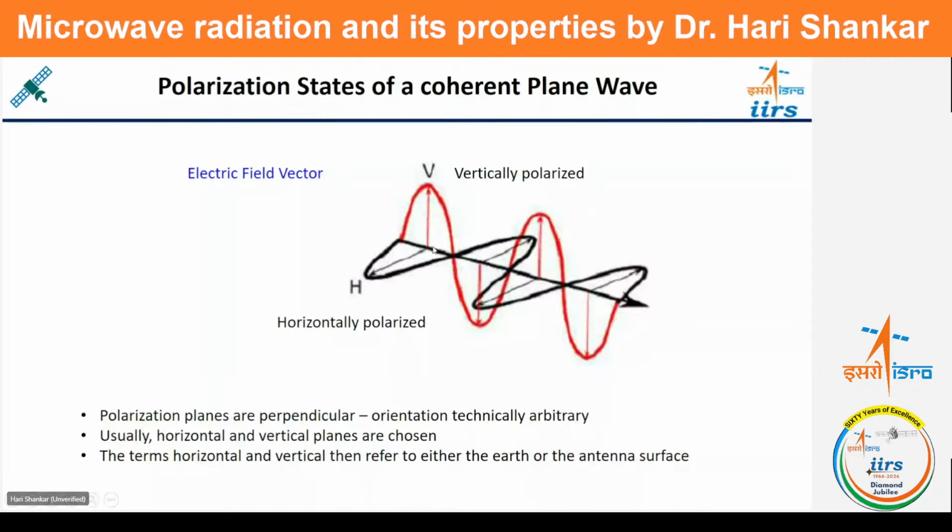Here the strength is less, here the strength is less, so the resultant will be less. So the resultant of the horizontal and vertical electric field vectors will change everywhere, according to the position as well as the time. If this is changing, and you are looking from the front side or the back side, then you will realize the resultant vector